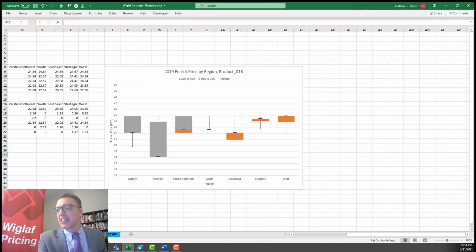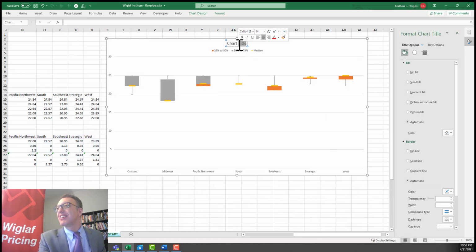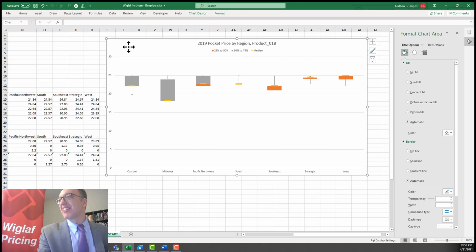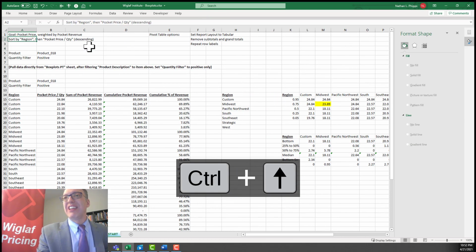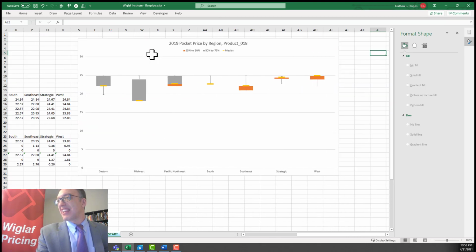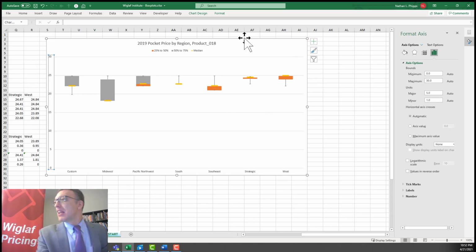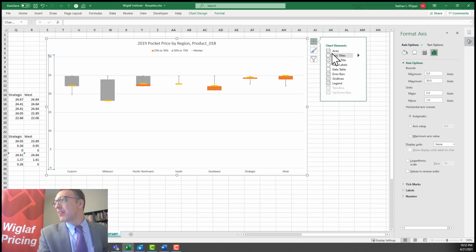Let's see. Yes, the title, of course. So let's do 2019 pocket price by region. And this is for product _018, which, if you'll recall, is originally what we pulled from here for this data. Okay. All right, and I would say the last thing we want to do here, let's add axis titles and